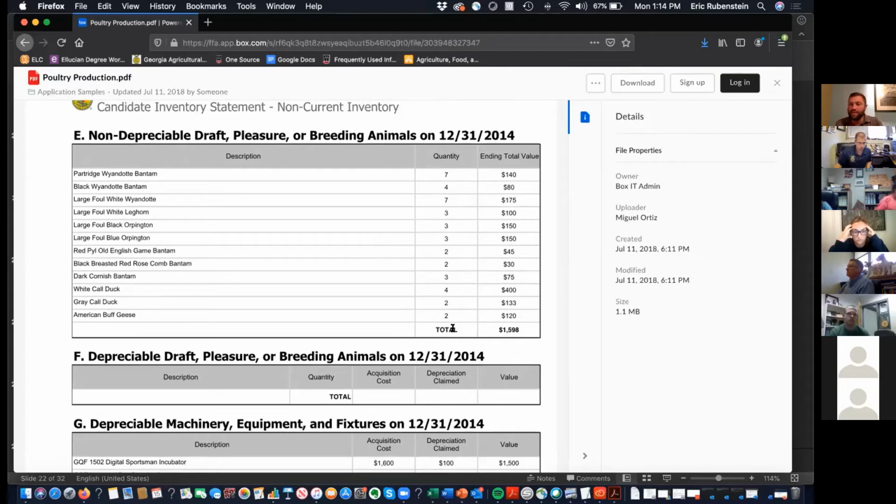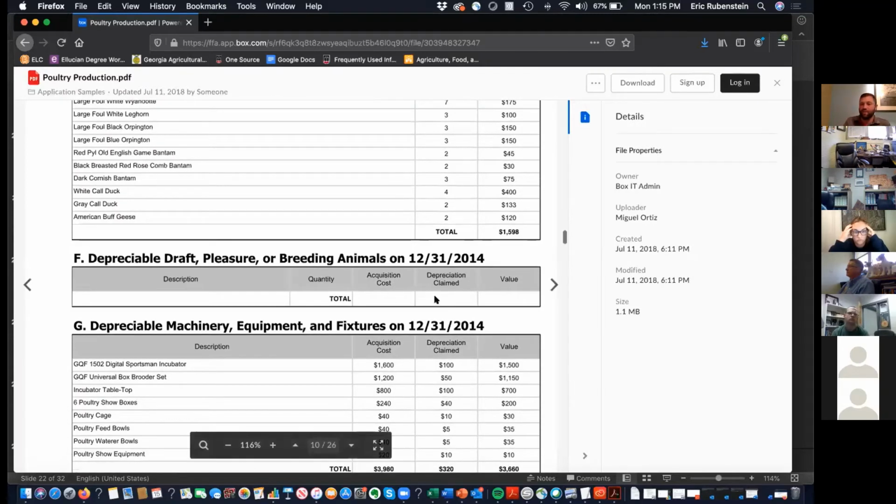Now, one of the things that they're going to want to see is, if it is in this depreciable piece, some sort of depreciation claimed, and it needs to be realistic. So you can get online and find a lot of different depreciation calculators that can help you through that process. The way that I used to do it, and the way that one of the specialists that came in and talked with everybody that was scoring a couple of years ago explained it,